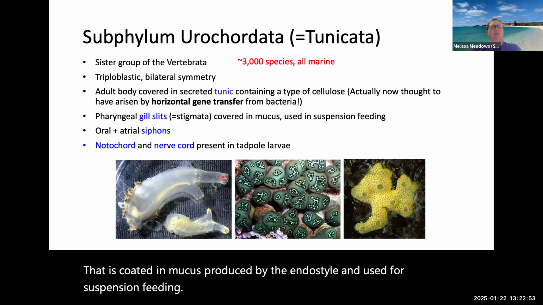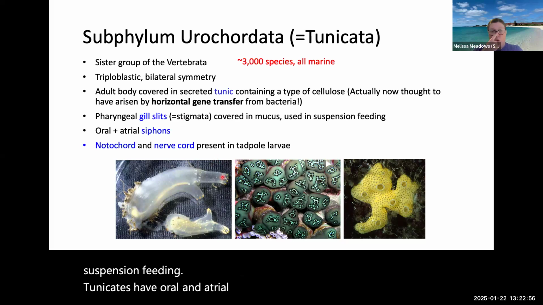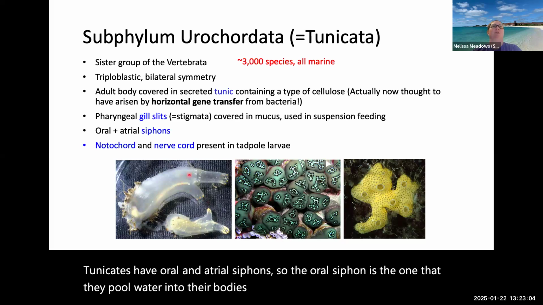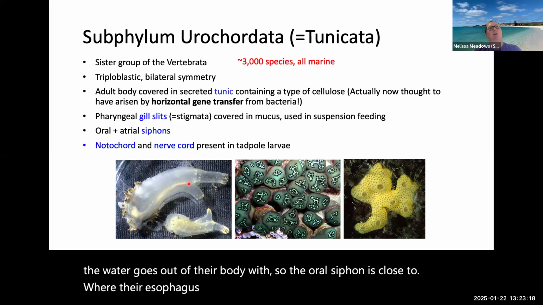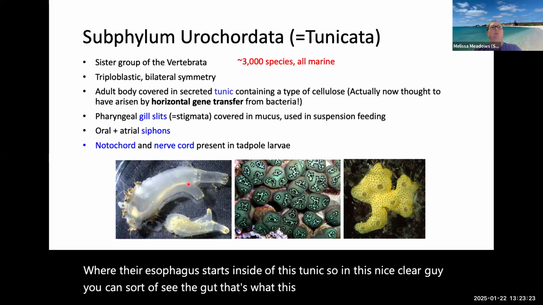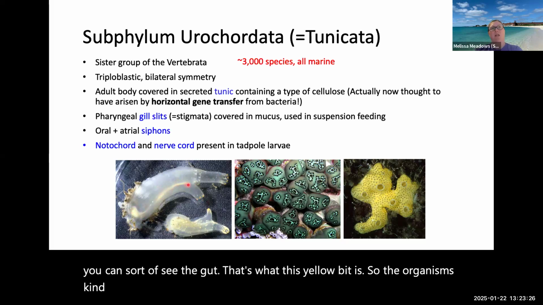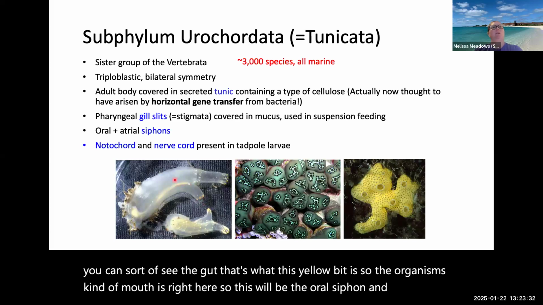Tunicates have oral and atrial siphons. The oral siphon is the one that they pull water into their bodies with. And the atrial siphon is the one that the water goes out of their body with. So the oral siphon is close to where their esophagus starts inside of this tunic. So on this nice clear guy, you can sort of see the gut. That's what this yellow bit is. So the organism's kind of mouth is right here. So this will be the oral siphon, and then it's going to actually